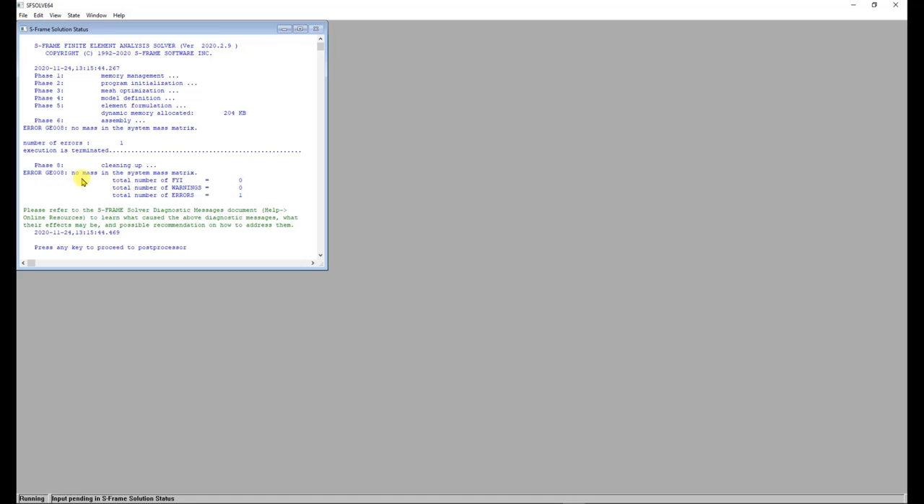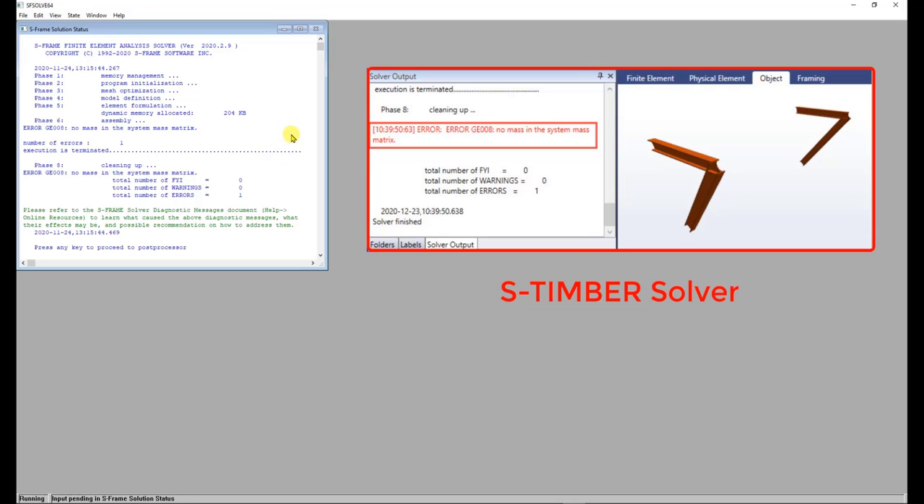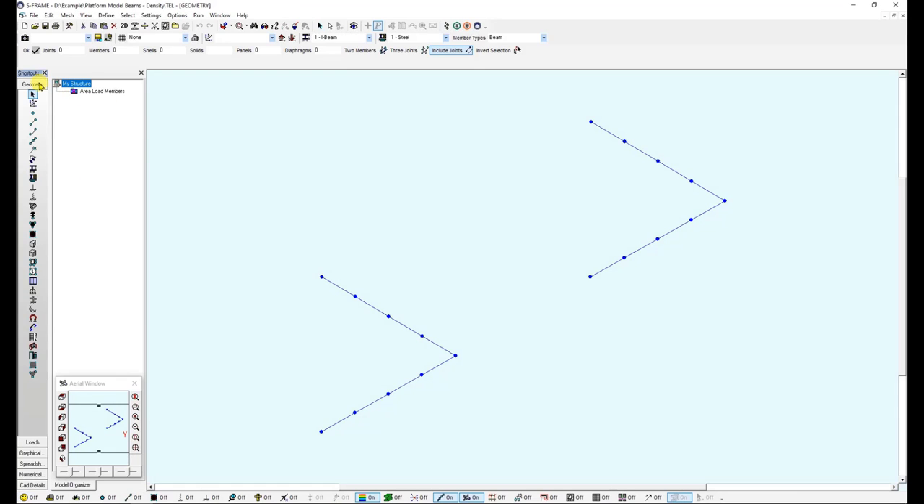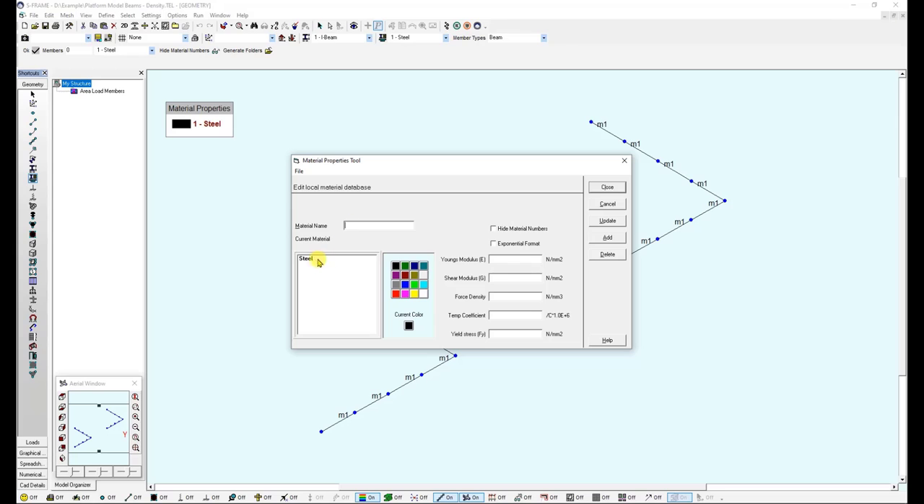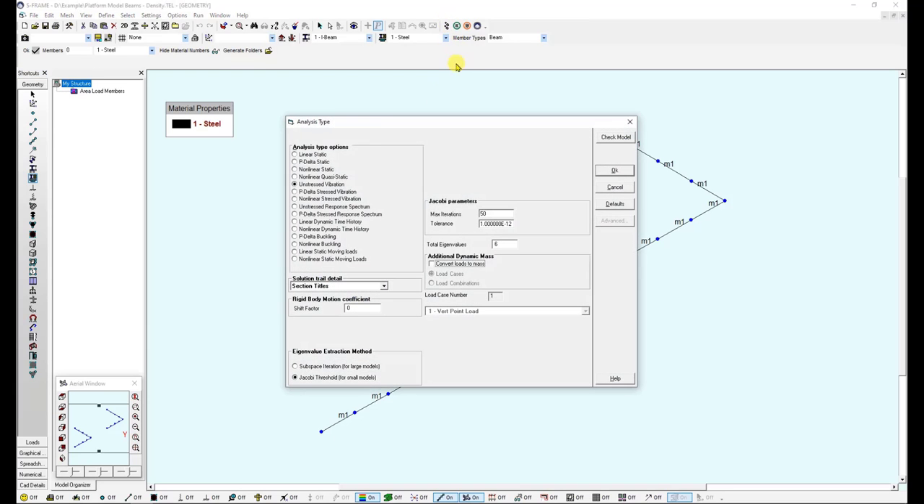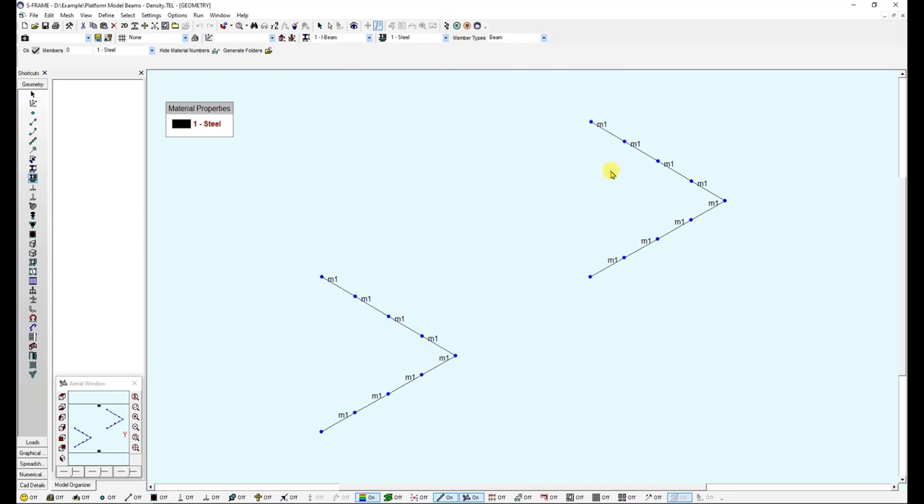In this case, I'm getting a different message. This is an error GE008, no mass in the system mass matrix, meaning that there's no mass added to the material of my section. So if I go back into my model, back into the geometry window, I want to check the material properties I have defined. If I right click and select my steel material, I can see I have a density of 0. In order to address this, I just need to add a value for the density, update my materials, click close,